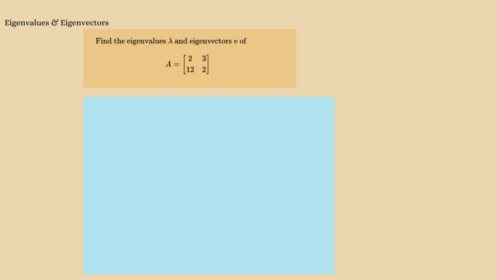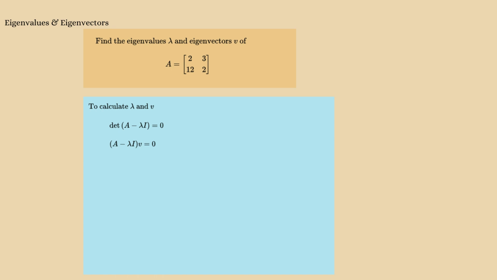As an explanation of the previous skipped step, let me try to tell you how to calculate the eigenvalues and eigenvectors of a 2x2 matrix A. In order to calculate the eigenvalue lambda and eigenvector V, we have to make use of two equations. The first is determinant (A minus lambda I) equals 0, and the second is (A minus lambda I) V equals